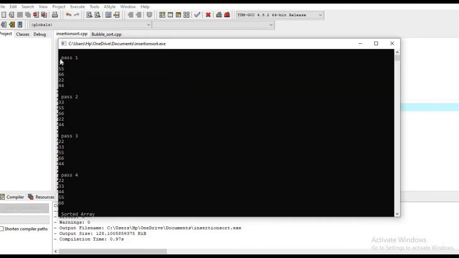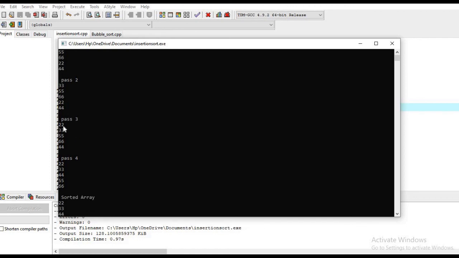Now you can see in pass 1 it is 33, 55, 66, 22, 44. So 33 is inserted at the proper location and 55 is shifted downwards. In pass 2 you can see that there is no requirement of shifting, and 66 is inserted as it is because 66 is greater than 33 as well as 55.